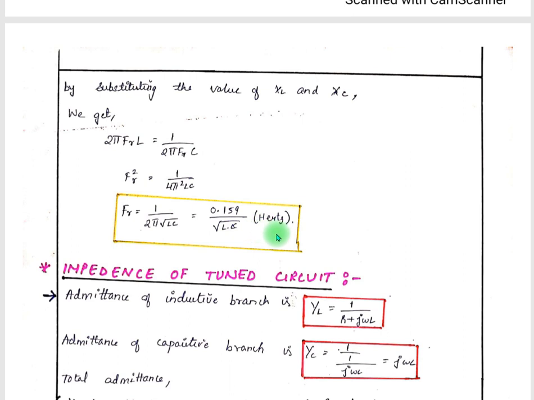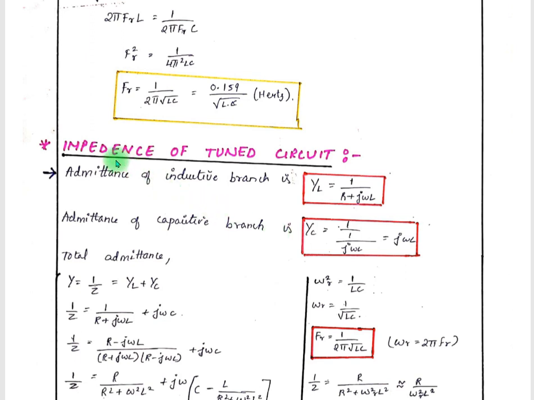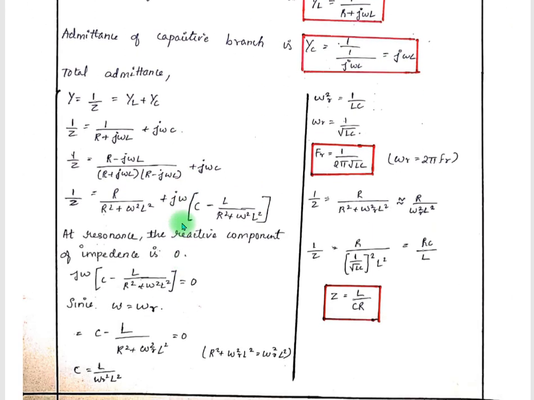If the value of inductance is in henries and the capacitance is in farads, then the resonant frequency is expressed in Hertz. The second fundamental of the tuned circuit is its impedance. The impedance of the tuned circuit can be derived as shown here with the help of the admittance of the inductive branch and capacitive branch. As shown, the admittance of the inductive branch is YL equal to 1 by R plus jωL, and the admittance of the capacitive branch is YC equal to jωC. The total admittance can be calculated by the equation Y equal to 1 by Z equal to